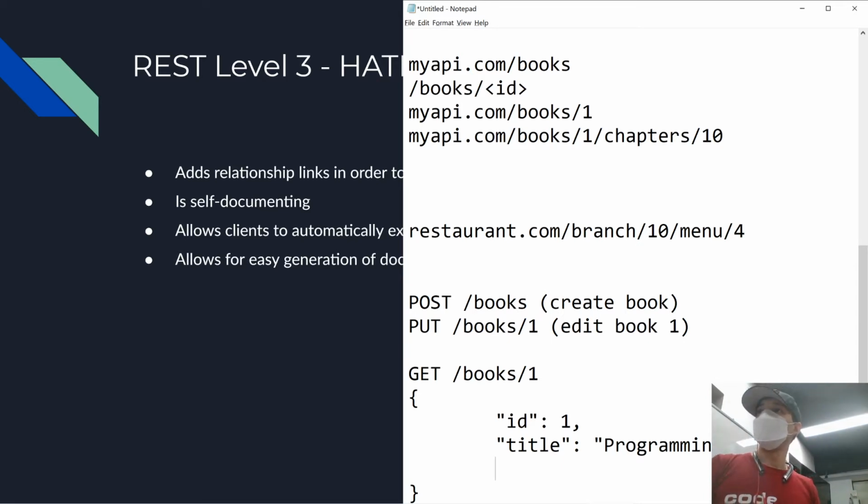But HATEOAS adds this bit. Now, the format, some people will differ on the format here and there. But basically,